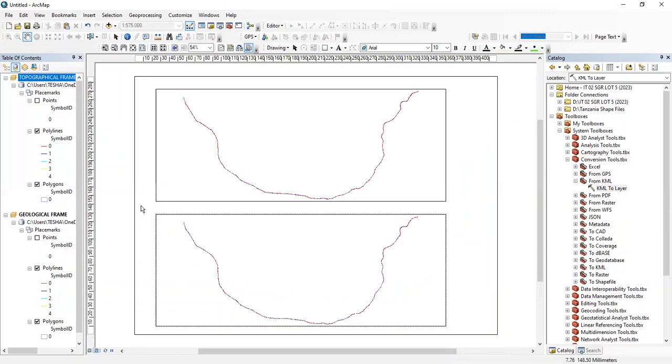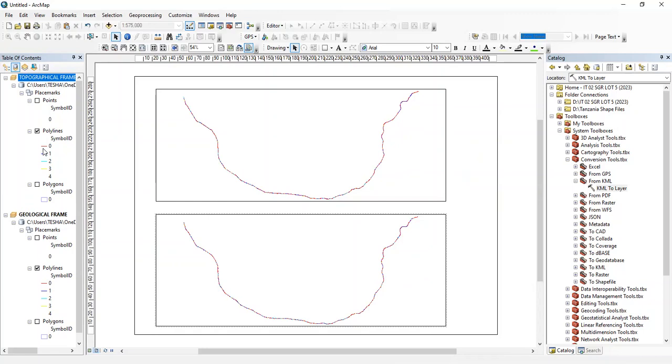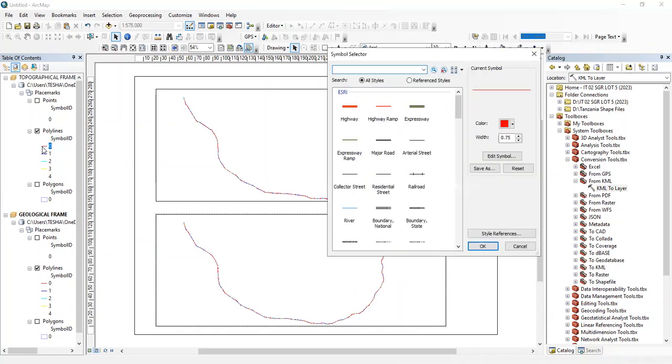No, our layout view. So in our layout view, we can turn off some features on geological frames, such as polygons, and we should be left with these lines. On the topographical frame, we can customize the